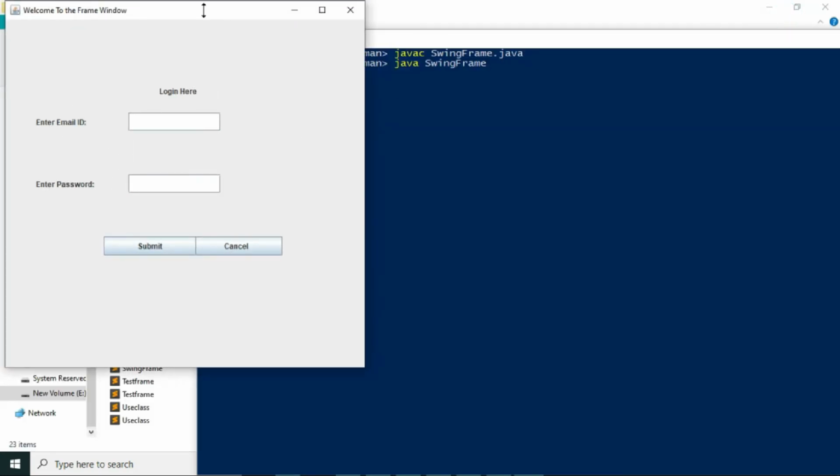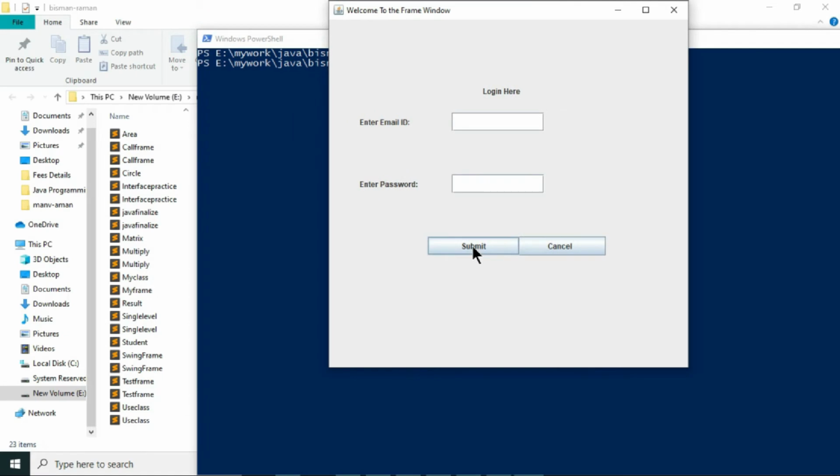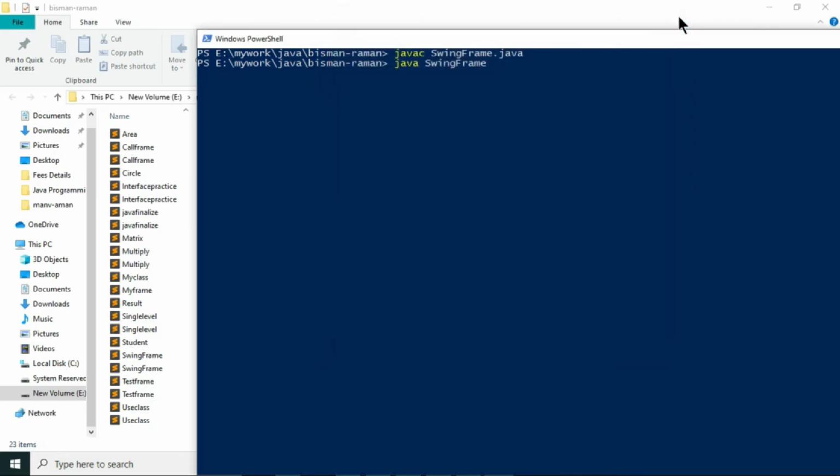So login here. If you see my previous video, these buttons were very simple, but now the form looks a little more attractive. Now this close button will not work. Sorry, you clicked on the close button, but the window is still not closed.